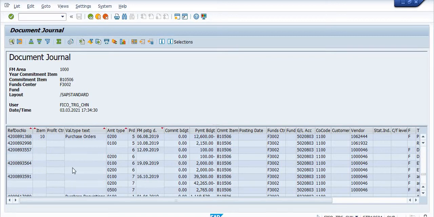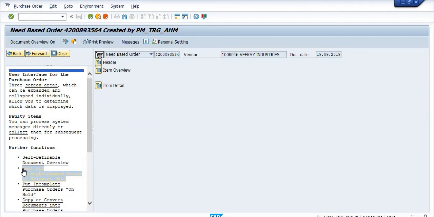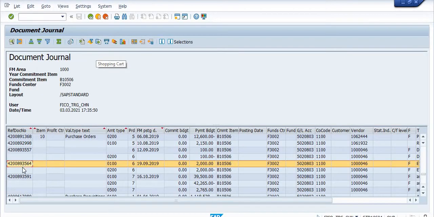And if you don't know the purchase order or the consumption regarding ZR55, double click on this purchase order, and then you will get the details of the consumption amount.